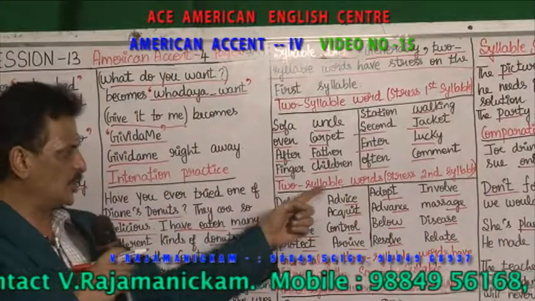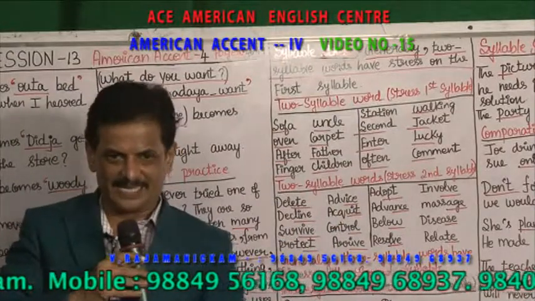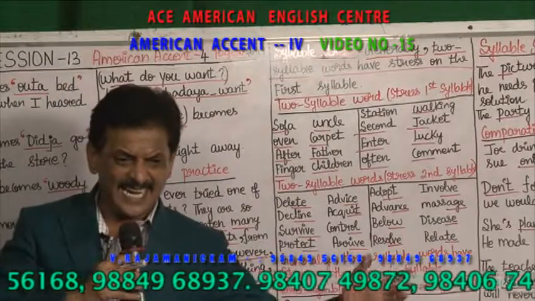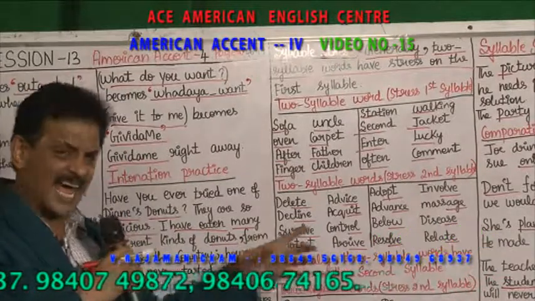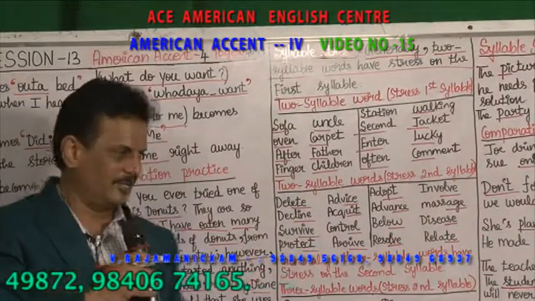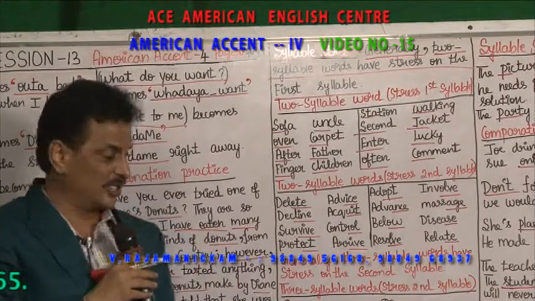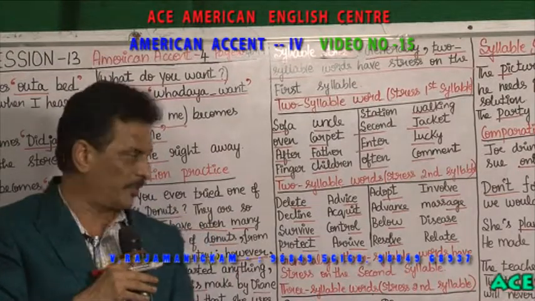And coming here, two syllable words, second syllable is stressed. Mostly the verbs, second syllable is stressed. Delete, delete is a verb, isn't it? Delete, lead you are stressing more. See here, decline is going down. Line you are stressing. Survive. Vive is to be stressed because it's a verb. Protect. Protect you are stressing because it's a verb.